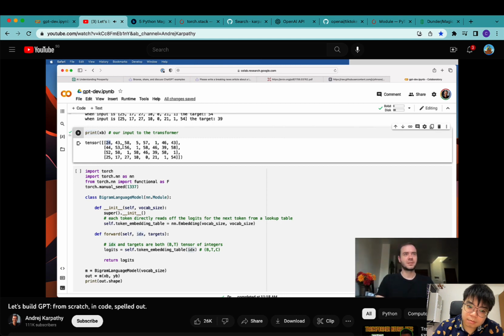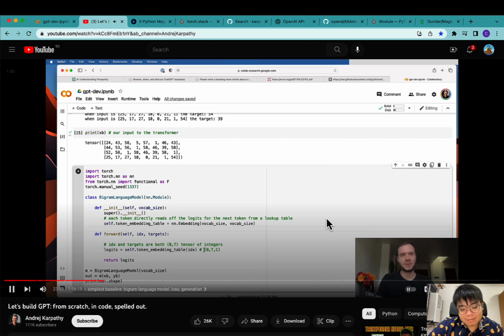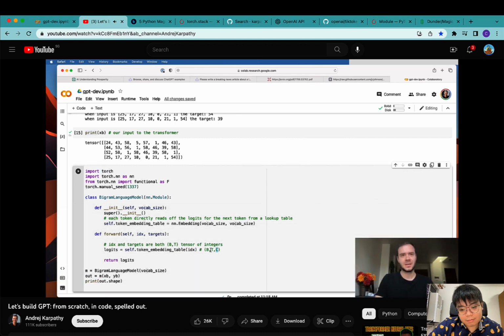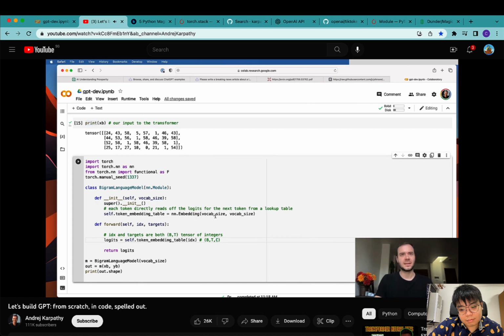So 24 here will go into the embedding table and will pluck out the 24th row. And then 43 will go here and pluck out the 43rd row, etc. And then PyTorch is going to arrange all of this into a batch by time by channel tensor. In this case, batch is 4, time is 8, and C, which is the channels, is vocab size, or 65. And so we're just going to pluck out all those rows, arrange them in a B by T by C,